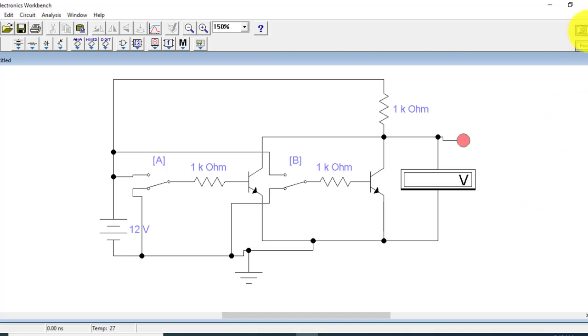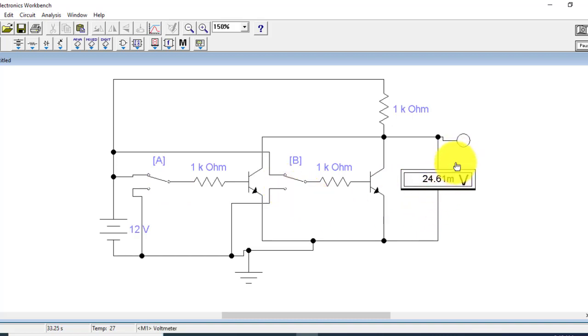Now you can see the switching operation. As the logic is 0 0, it's giving 1, and if I press B button I am applying logic 0 1, and at 0 1 it's giving 0, and at 1 0 it is giving 0, and at 1 1 it is giving 0.